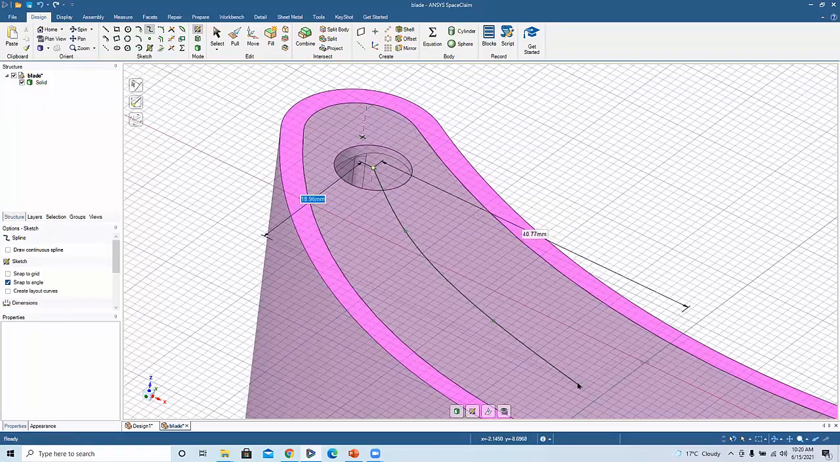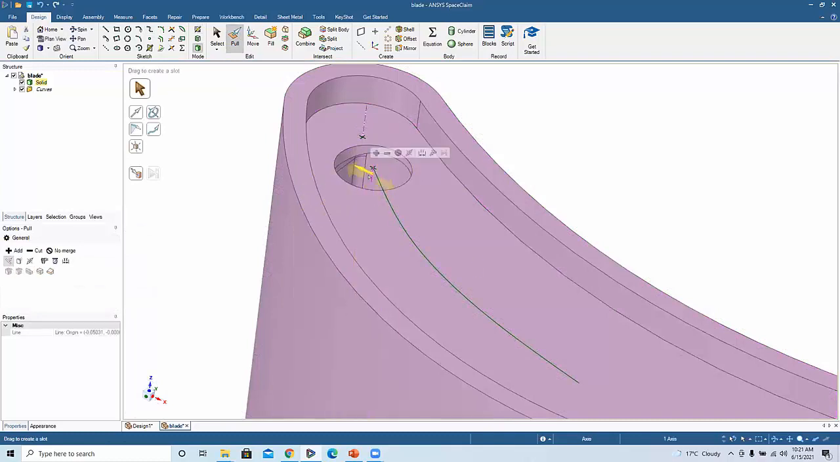Right now I'm not being very scientific about it. I'm just trying to demonstrate how to create a nonlinear slot. Now when I click on the pull tool, I can click on this axis of the hole again, and it will create a linear slot if I pull it straight. But if I don't pull it straight right away, and I hold the Alt key, I'm going to select